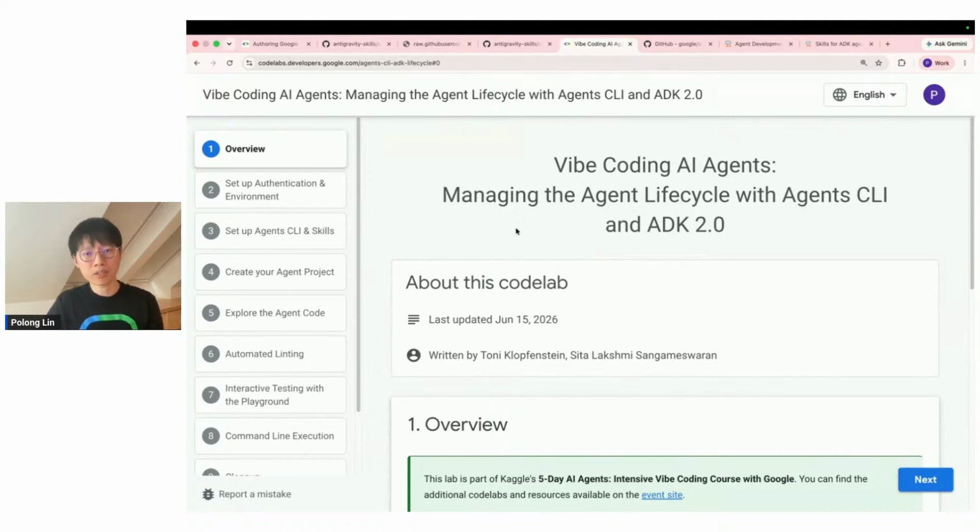Okay, and then the next code lab is actually a deeper dive into Agent CLI and the whole agent development lifecycle with ADK. And so for those of you who joined us in the previous Kaggle 5 Days of AI with Agents course, you had authored ADK agents with code, right? This time, this code lab doesn't have code that you'll be writing. You'll be writing everything through prompts in Anti-Gravity using the skills and commands that are made available through Agent CLI.